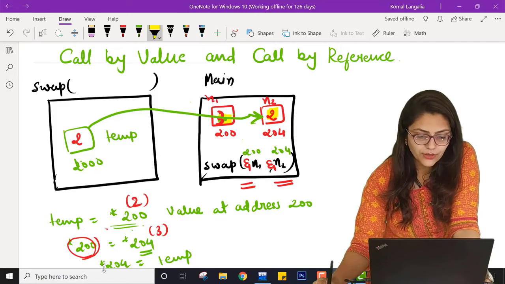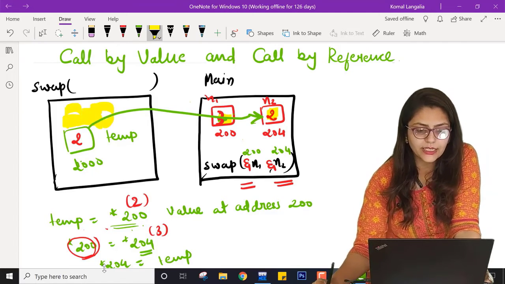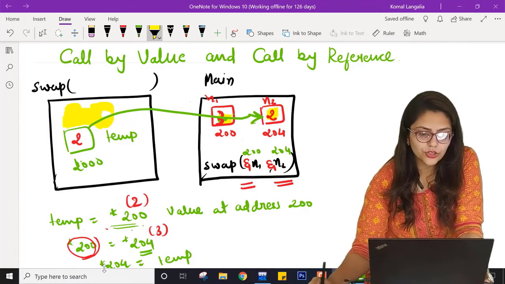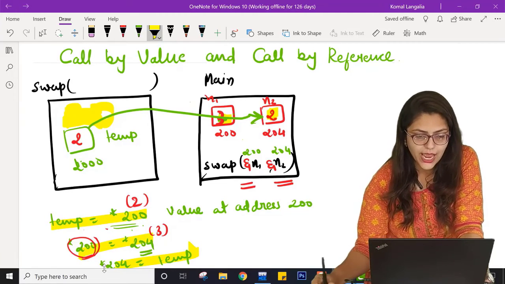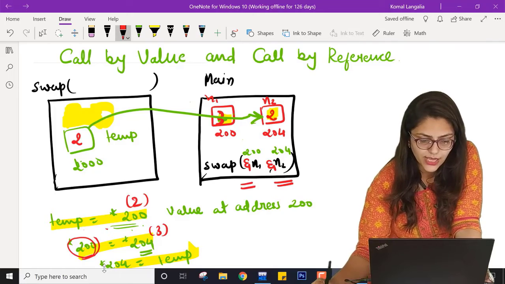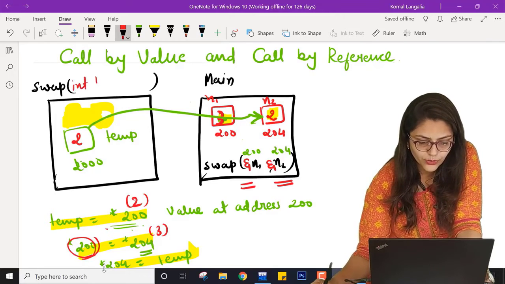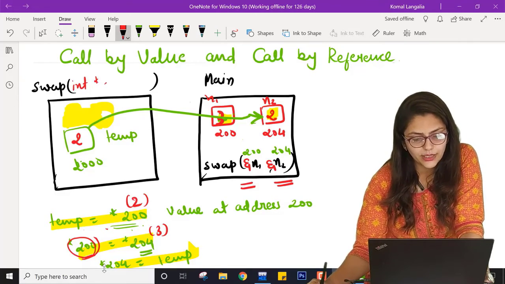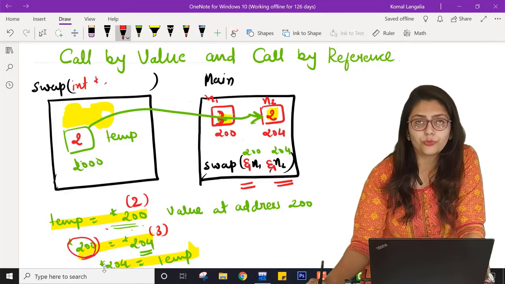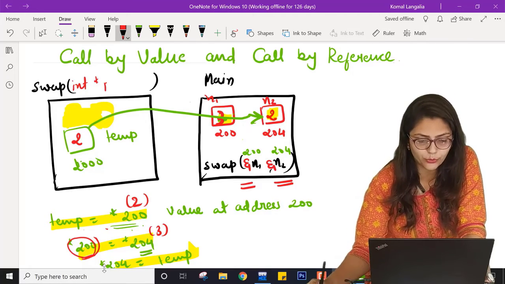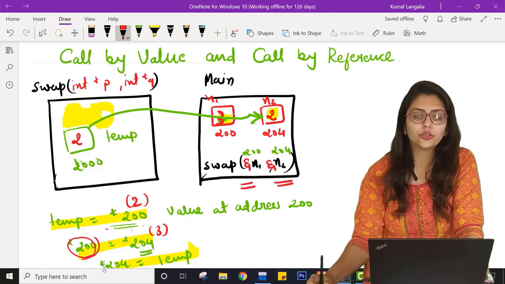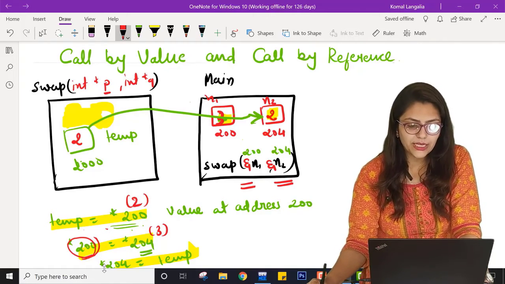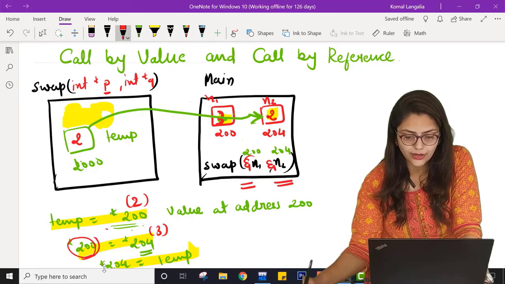So here we have not created any variable. We are just using this function to write this logic. And what are we passing inside this argument? Int pointer, you can say P1, P2, Q1, any name you can give, but I am giving int pointer P and int pointer Q. So this P has the value address of.